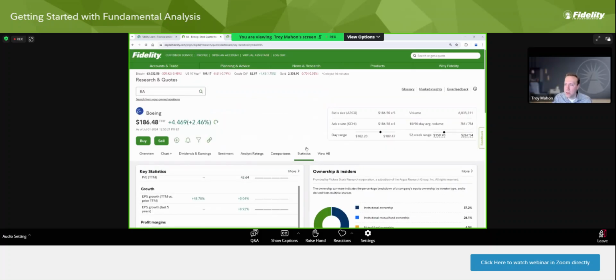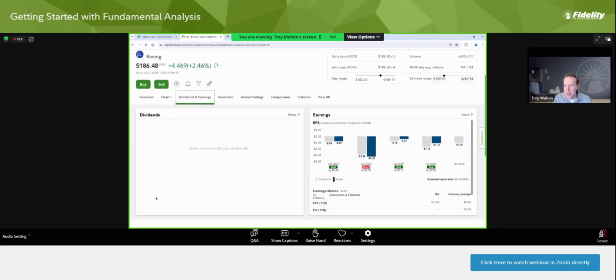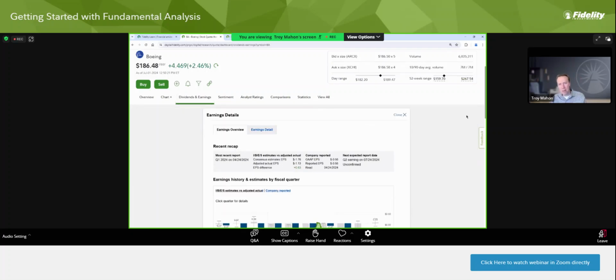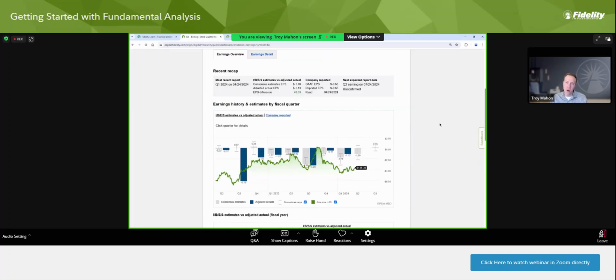And then in addition, I would say take a look, on your own time, at some of the additional information you have in these tabs. For example, the dividend and earnings tab tends to be very helpful. If a company doesn't pay dividends, it's not going to be helpful to look at the dividend info. And if you're looking at the earnings aspect, things like a valuation like PE, well, let's be honest, how helpful is that to you if your company doesn't have positive earnings? It's not going to be super helpful.